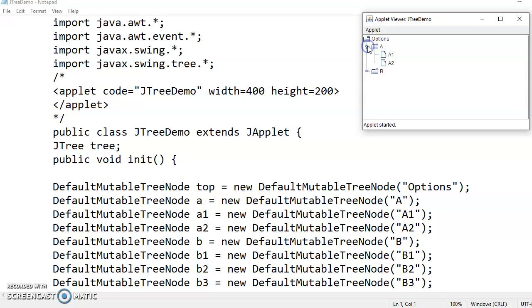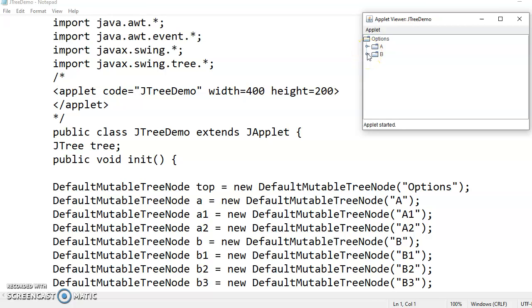So I am clicking on the arrow. Yes, A has two subnodes, which are A1 and A2. When I click again on the arrow beside A, it will collapse. So I will not be able to see the subnodes.